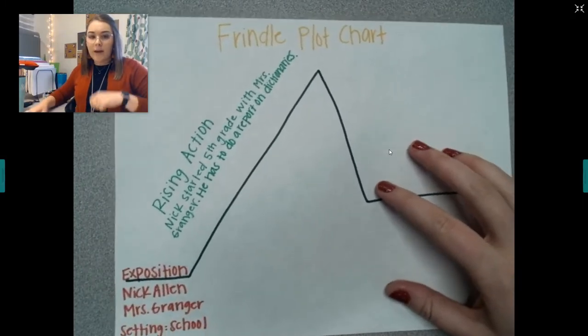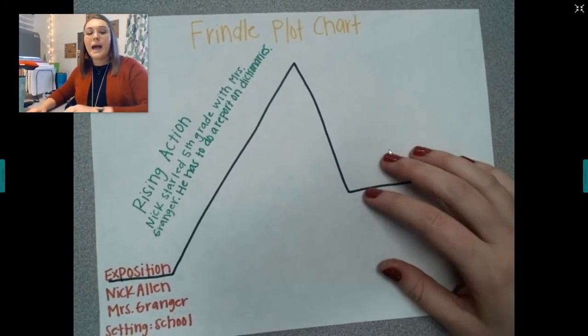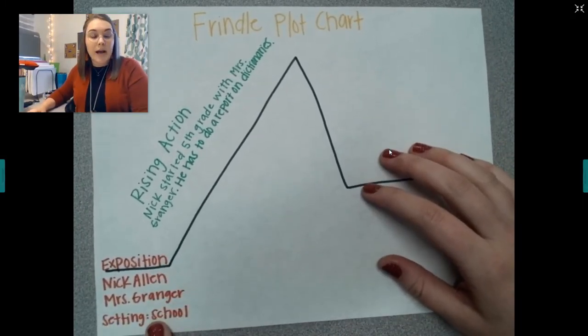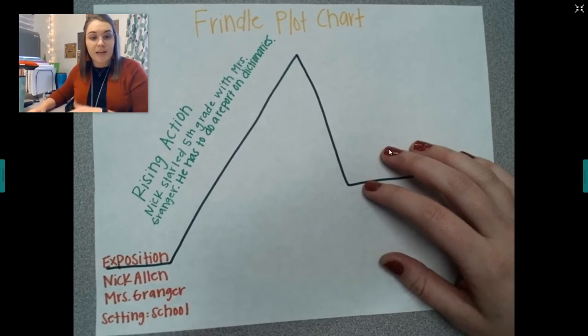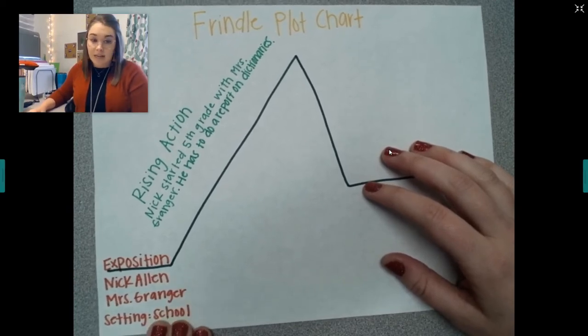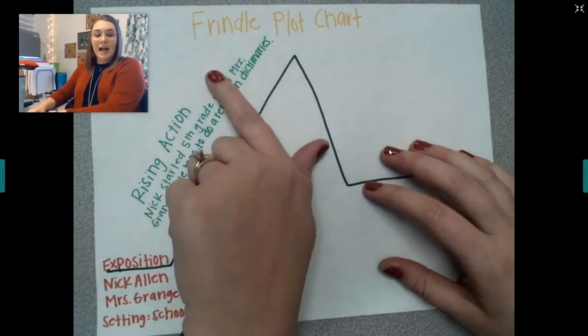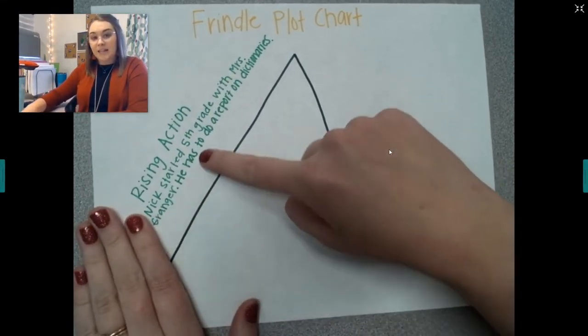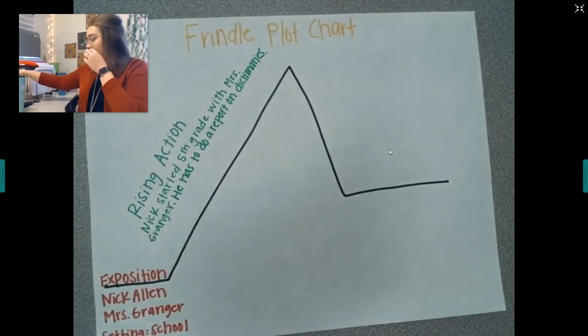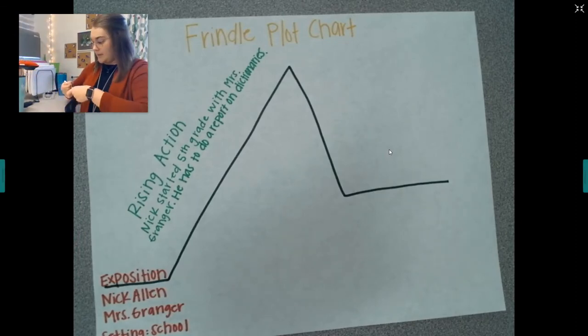We've also been working on this anchor chart. We haven't quite finished it. But we have exposition, which remember your exposition is your characters and your setting. And we put the main characters in the setting. We have the rising action. These are the events that lead up to, and I'm going to go ahead and label it so that you can have it in your brain in case it happens during this